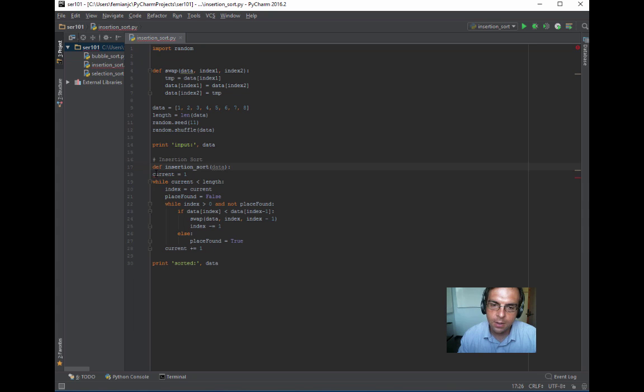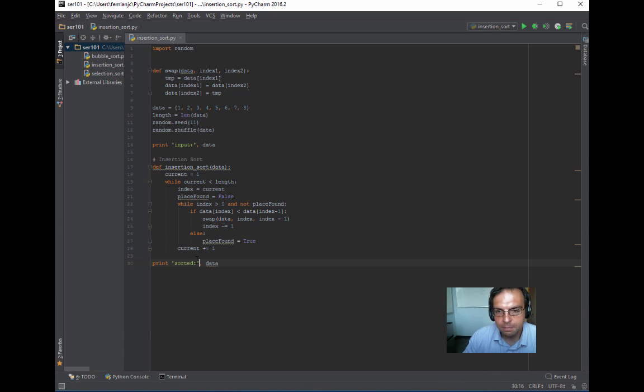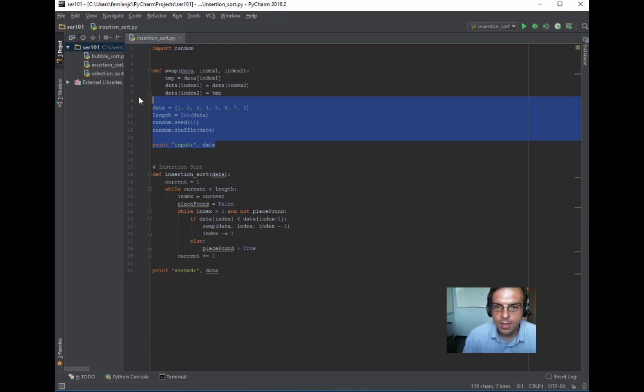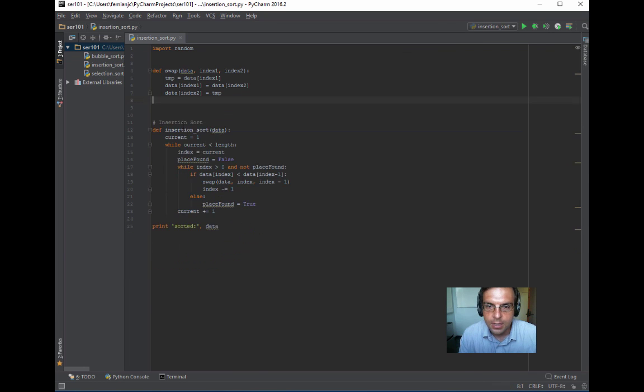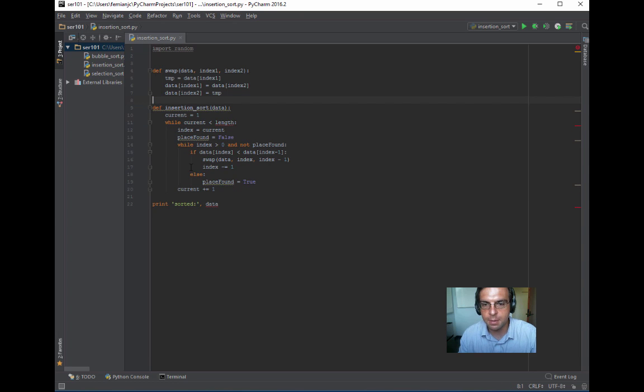So I'm defining now a subprogram and I'm putting all of this into that subprogram. Right. So this is now the insertion sort algorithm, and I'm going to define my two algorithms up there at the top, and then once those two subprograms are defined, then